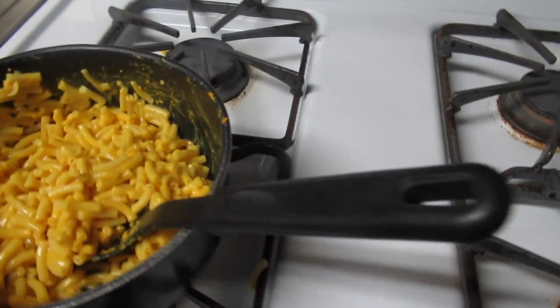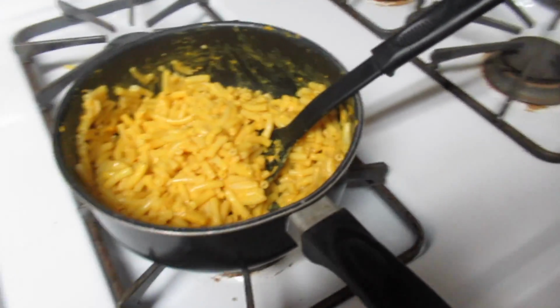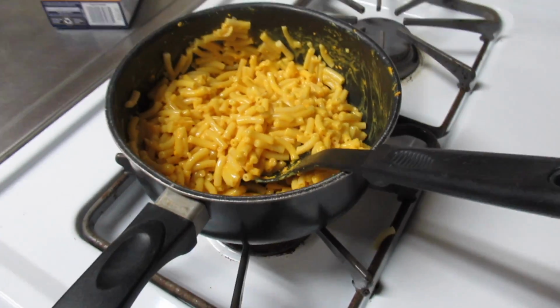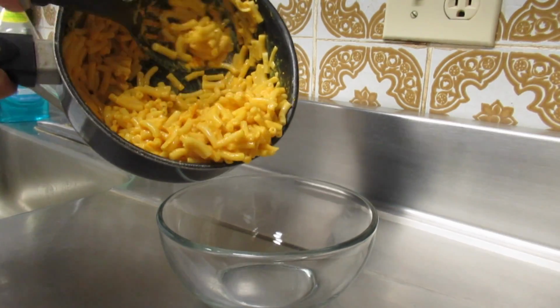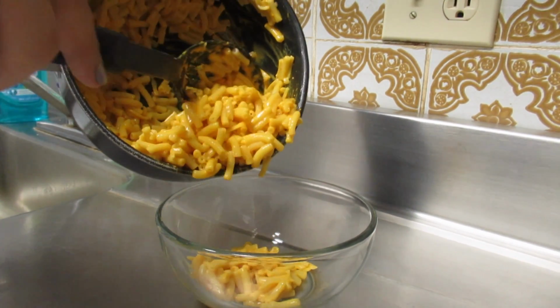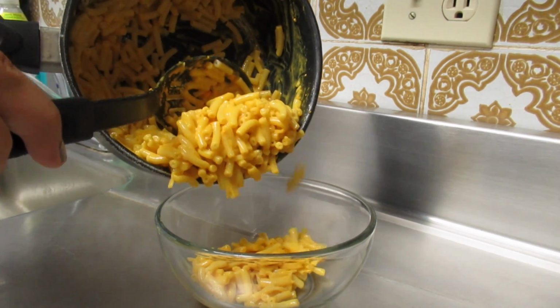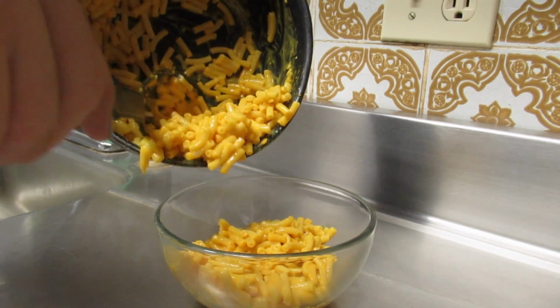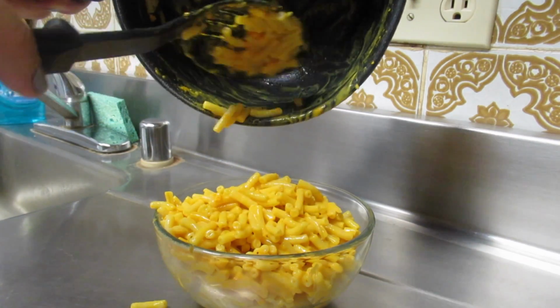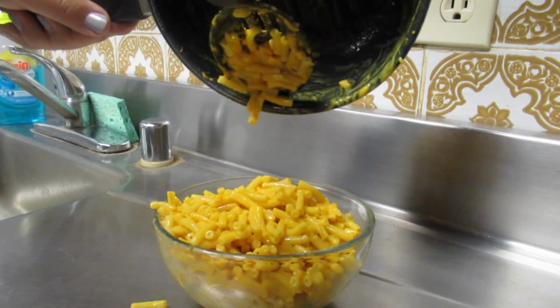And here is what the finished product will look like. Artificial orange will give you cancer goodness. And usually this is supposed to feed more than one person, usually two. However, I'm going to eat it all. Alright, so now that we have it all in here and mostly on the spoon,